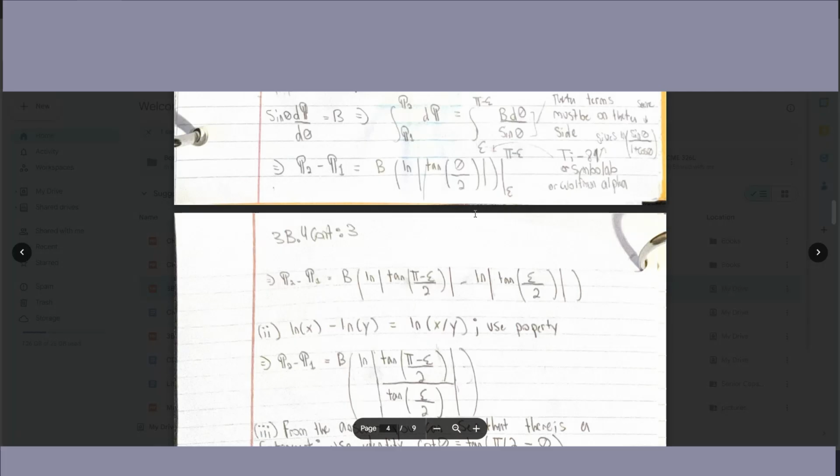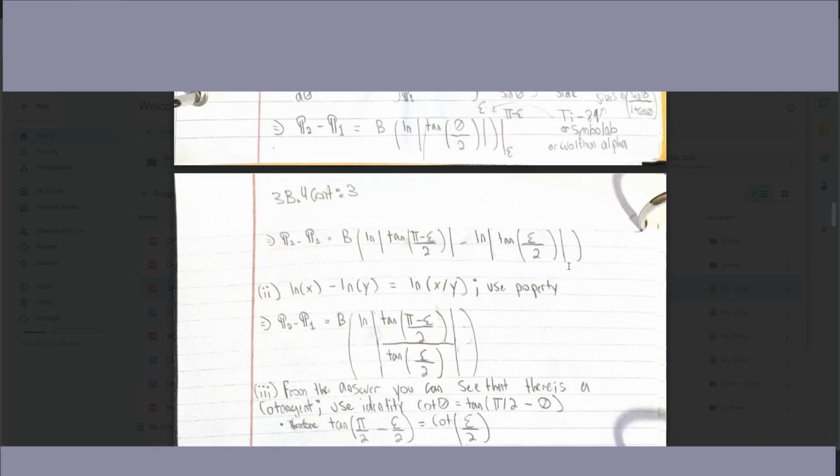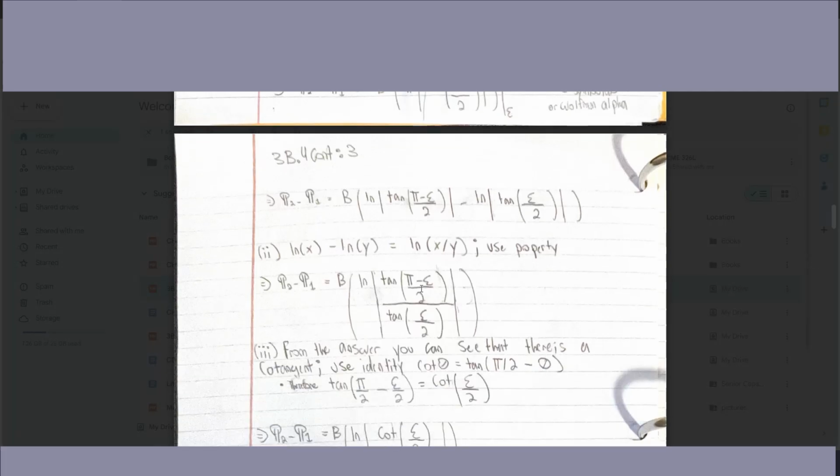And yeah, that's pretty standard. You're just plugging these in. That's pretty simple there. And then you use a log definition to combine them. ln x minus ln y equals ln x over y, and that's the same for any log, like log base 10, log base e, whatever. So yeah, that's what we do here. And then we got another